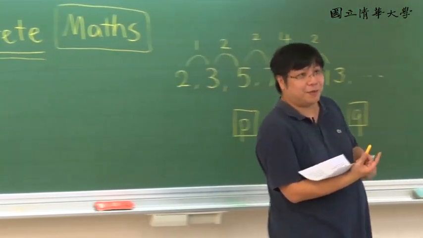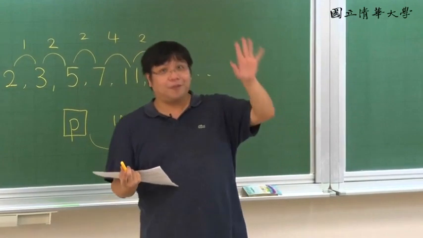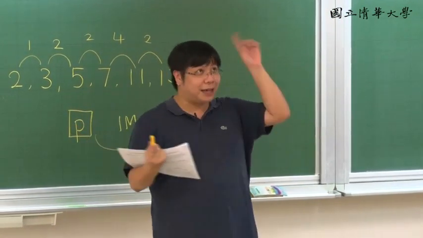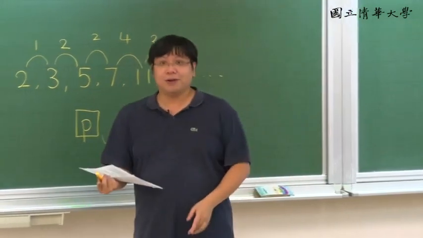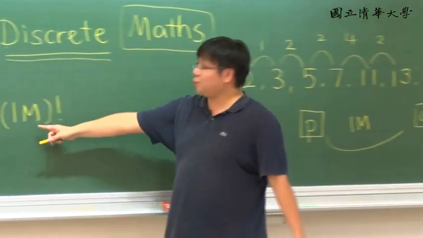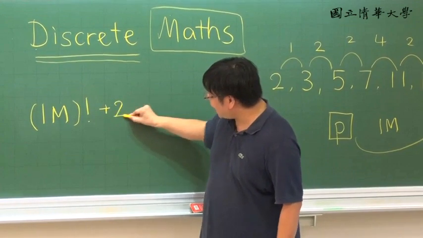So what is 1 million factorial? Factorial is something like 5 factorial is 5 times 4 times 3 times 2 times 1. 10 factorial will be 10 times 9 times 8, blah, blah, blah, up to 1. 1 million factorial, 1 million times 1 million minus 1, you know. So it is a super, super large number. Now, if I add 2 to it,